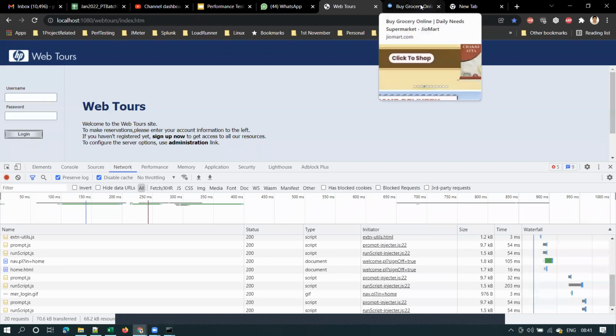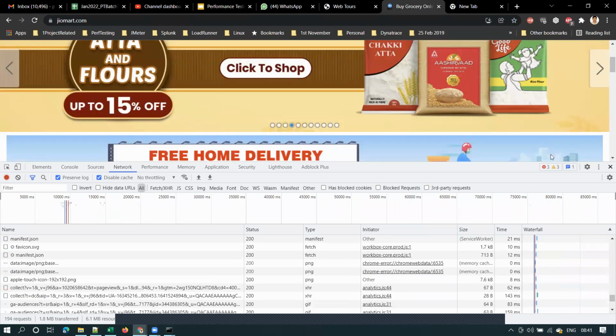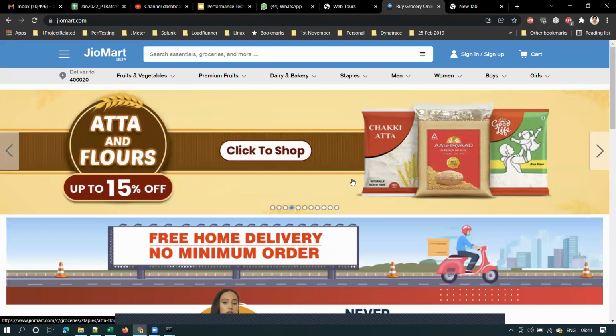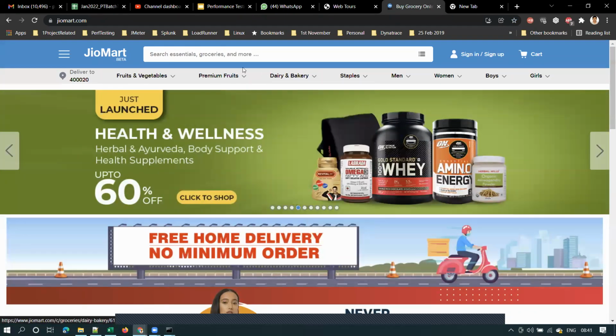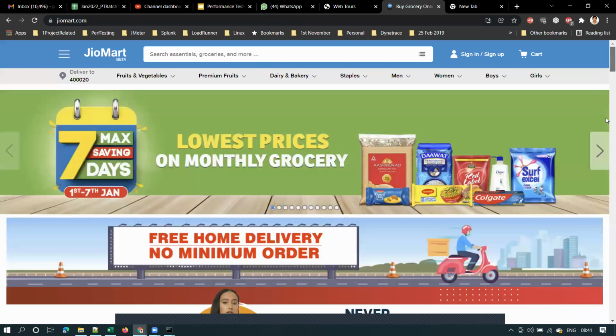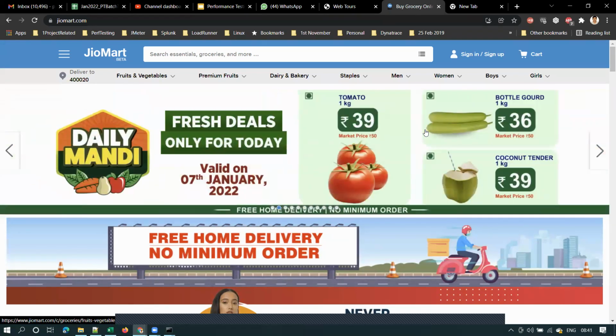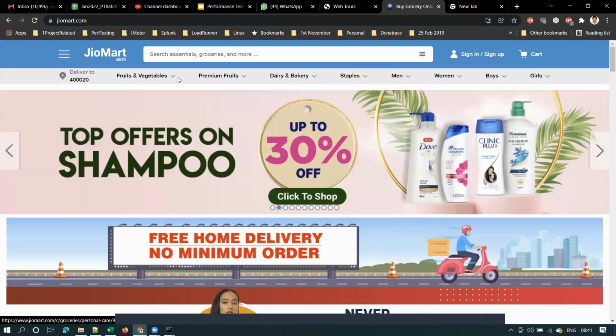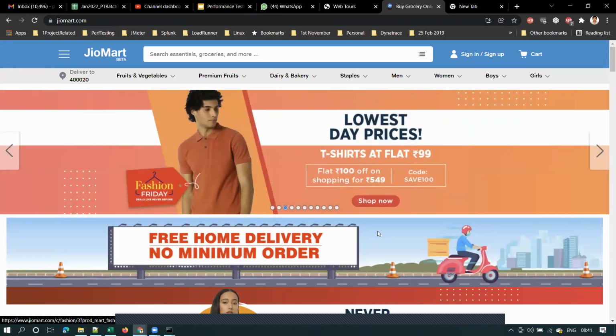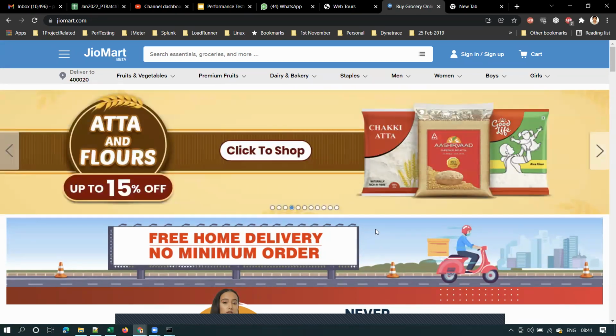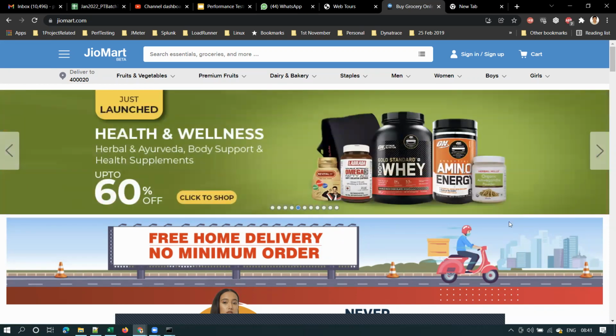The first time you access any website, it will access all these images and all from the server directly. And now what happens is your browser stores some images, JavaScript files and CSS files in the browser cache, which means it will store them in the local cache. The next time, for example tomorrow or the day after, if you access the same page, it will not get those resources every time from the server, but will load them from the browser cache.